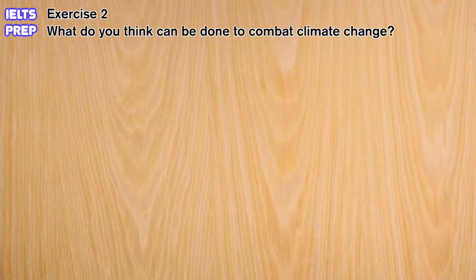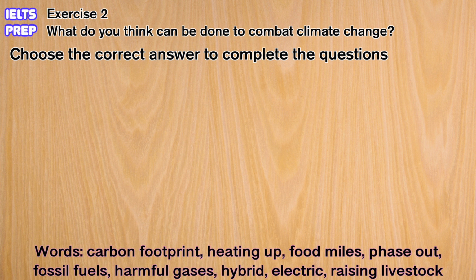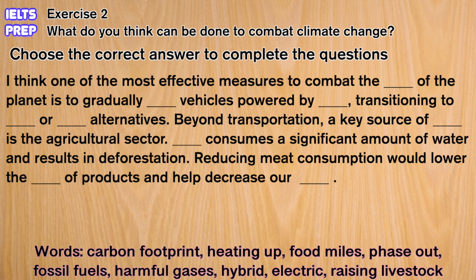Exercise 2. What do you think can be done to combat climate change? Choose the correct answer to complete the questions. Words: carbon footprint, heating up, food miles, phase out, fossil fuels, harmful gases, hybrid, electric, and raising livestock. I think one of the most effective measures to combat blank of the planet is to gradually blank vehicles powered by blank, transitioning